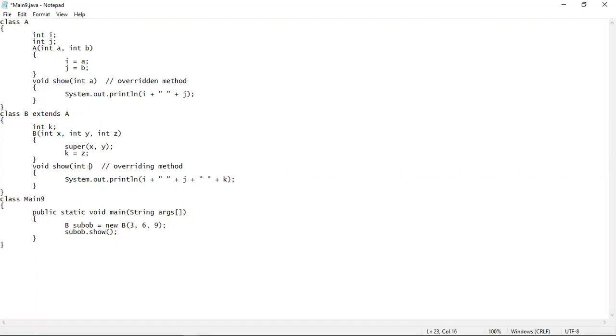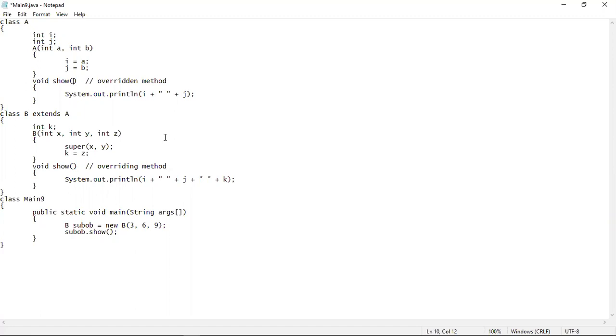And if you give no parameters here, then you also have to give no parameters here. That means the type signatures should be exactly same. That means the return types, the names of the methods, the parameters, the number of parameters, the data types of the parameters, all the things will comprise the type signature of both the methods, and those things should be exactly same.